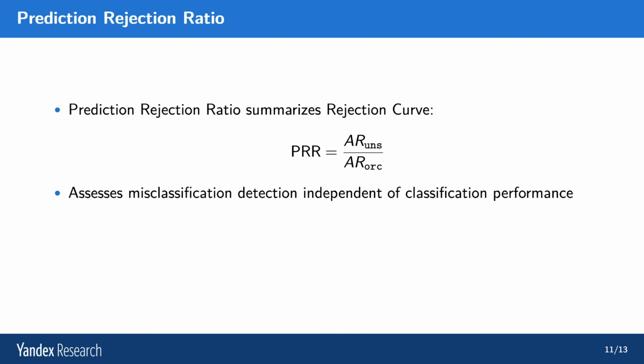So this brings us to the end of this talk. We've learned that one way of assessing the quality of uncertainty is via calibration and negative log likelihood. Another way is via the area under the ROC and precision recall curves for threshold-based outlier detection. And you can also use these prediction rejection ratios and rejection curves for assessing the quality of error detection.